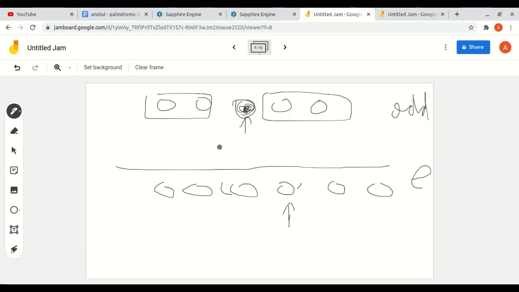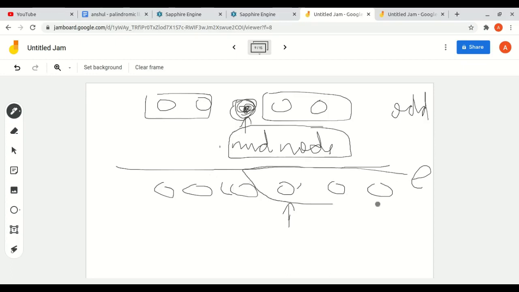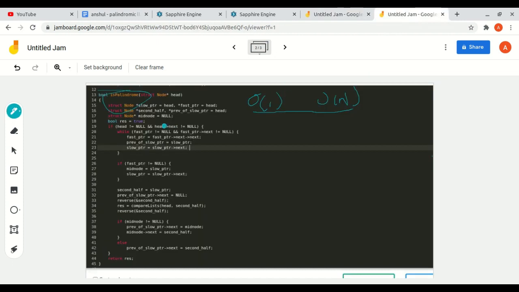So we will store it in another variable, for example mid node, and we will use this variable for regenerating. The only difference between even and odd case is that we have to keep track of a mid element. In the even case we don't have to do such a thing, because all the elements take part in comparing. So let's jump to the code.